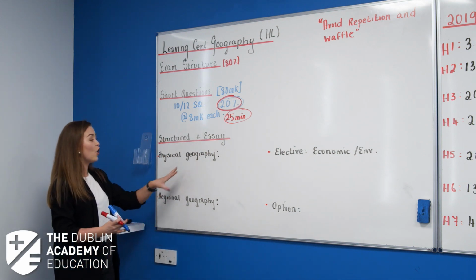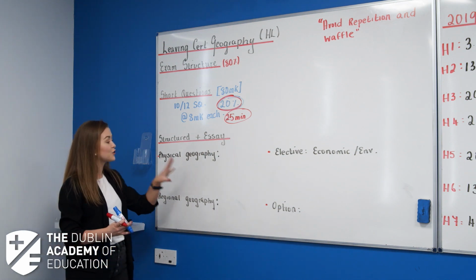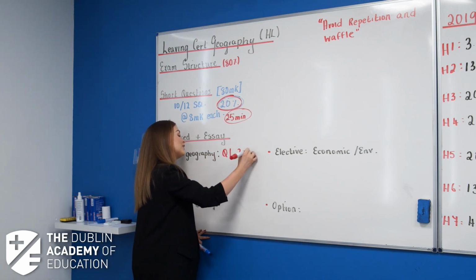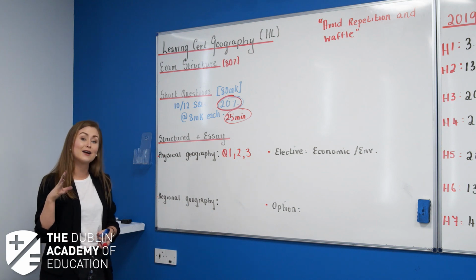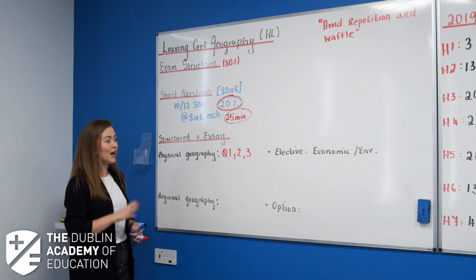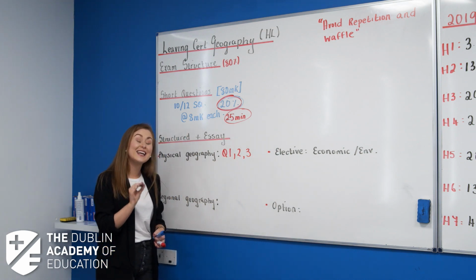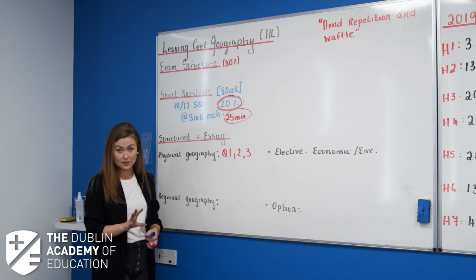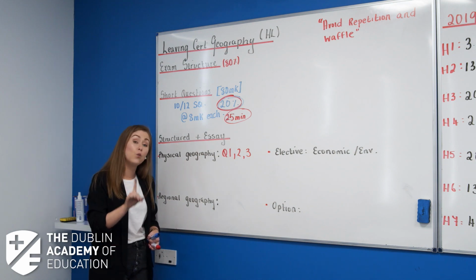So you're going to go straight into these questions, and what you'll find is your first 3 questions, question number 1, question number 2, and question number 3 are your physical geography questions. These are part of your core number 1. Now in the exam, your questions 1, 2 and 3 are each worth equal marks, 80 marks on your paper, and you choose one of them.